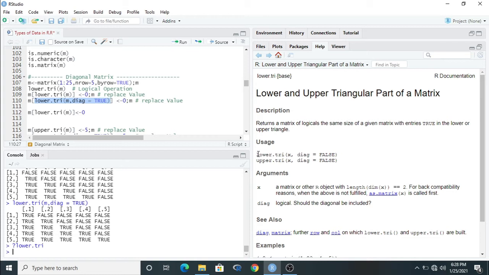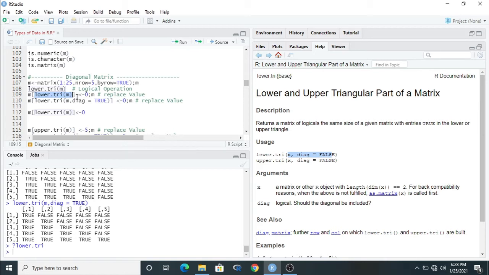You can find here what is the meaning of lower dot tri, what is the function, and what are the basic elements inside that function. If diagonal is true, then the diagonal will be included with the function, otherwise it will be shown as the false value.